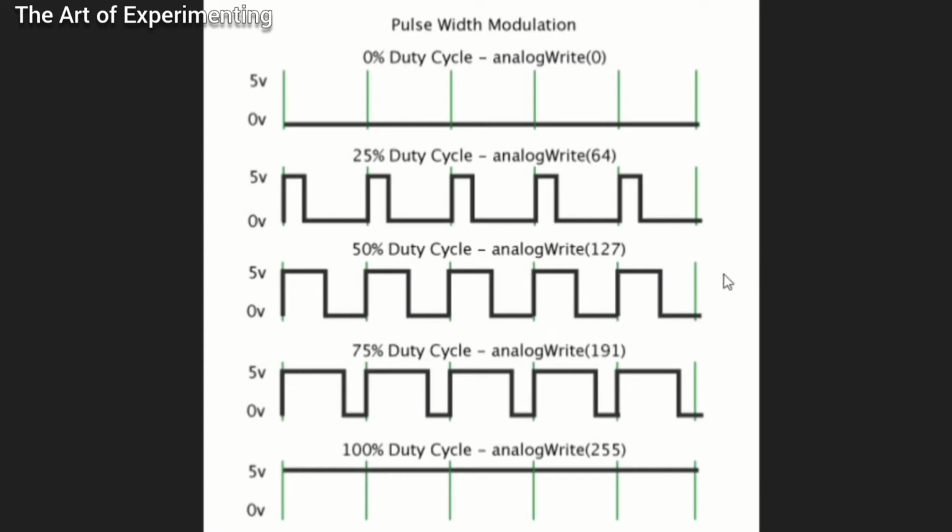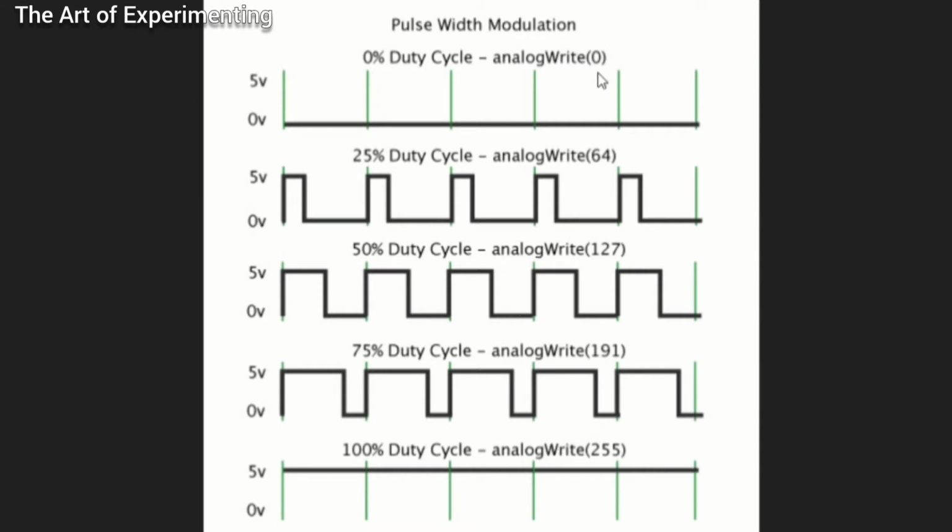When we want 2.5 volt, it will be 50% 5 volt and 50% 0 volt. So when we take the average, it will be 2.5 volt. Similarly, for 75 percent, we have 3.75 volt, which is on for 3 by 4th of each duty cycle at 5 volt, and 1 by 4th will be 0 volt. So when we take the average, we'll get 3.75 volts. And if we want 5 volts, it is going to maintain 5 volt for the full duty cycle.